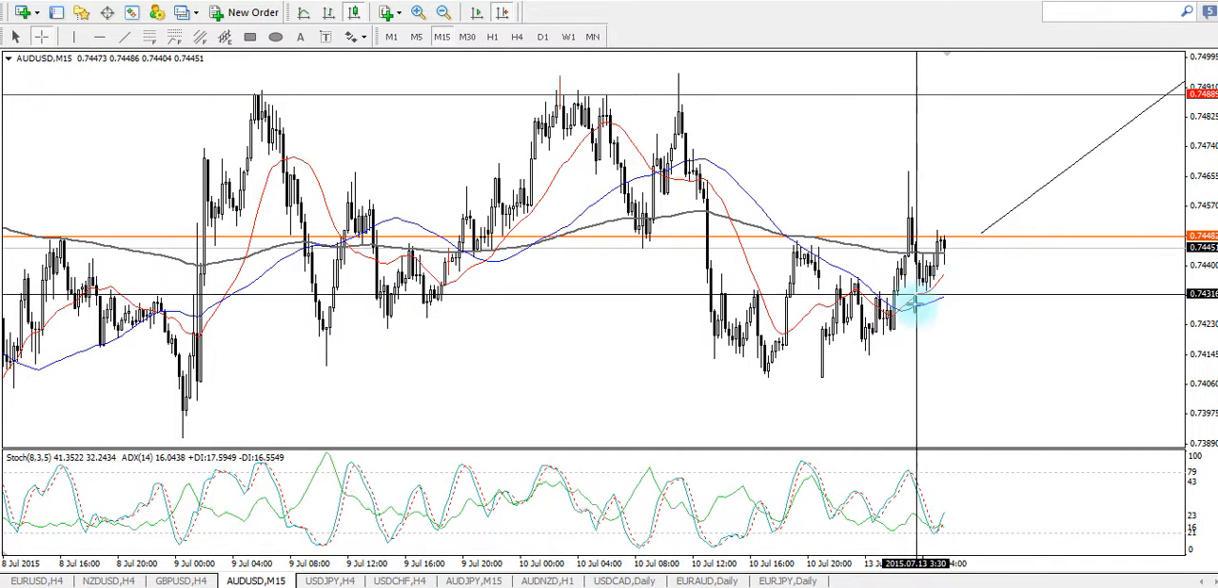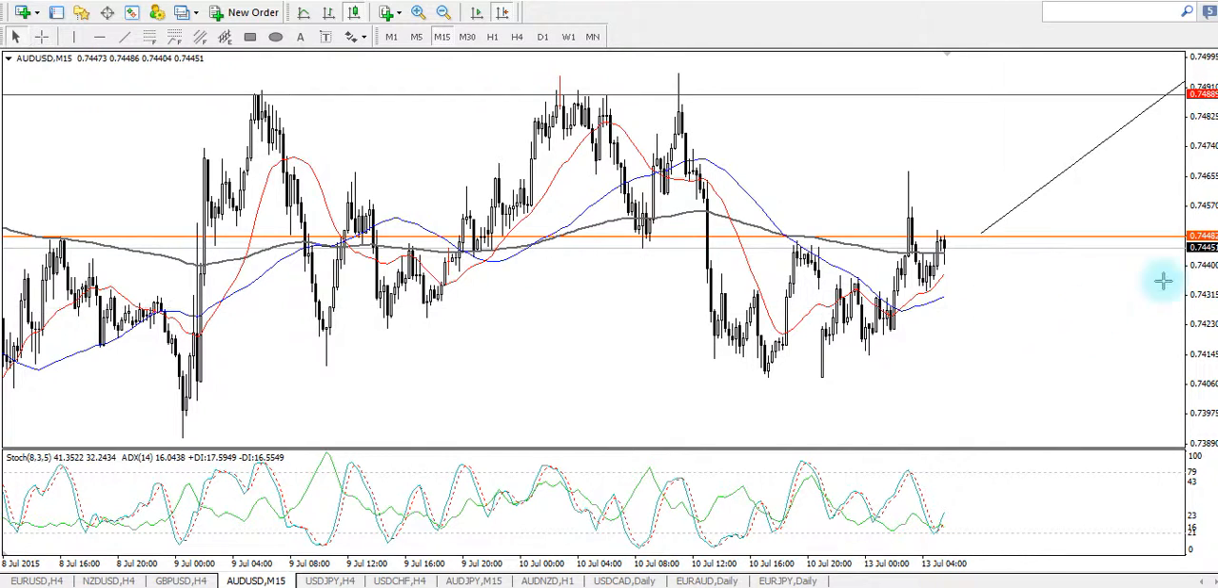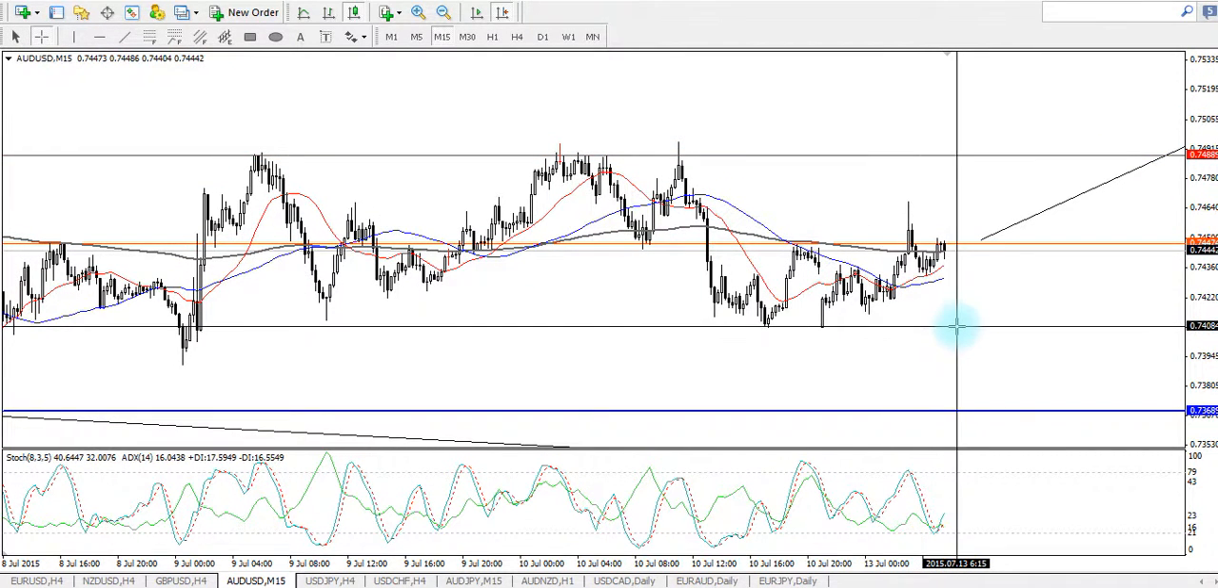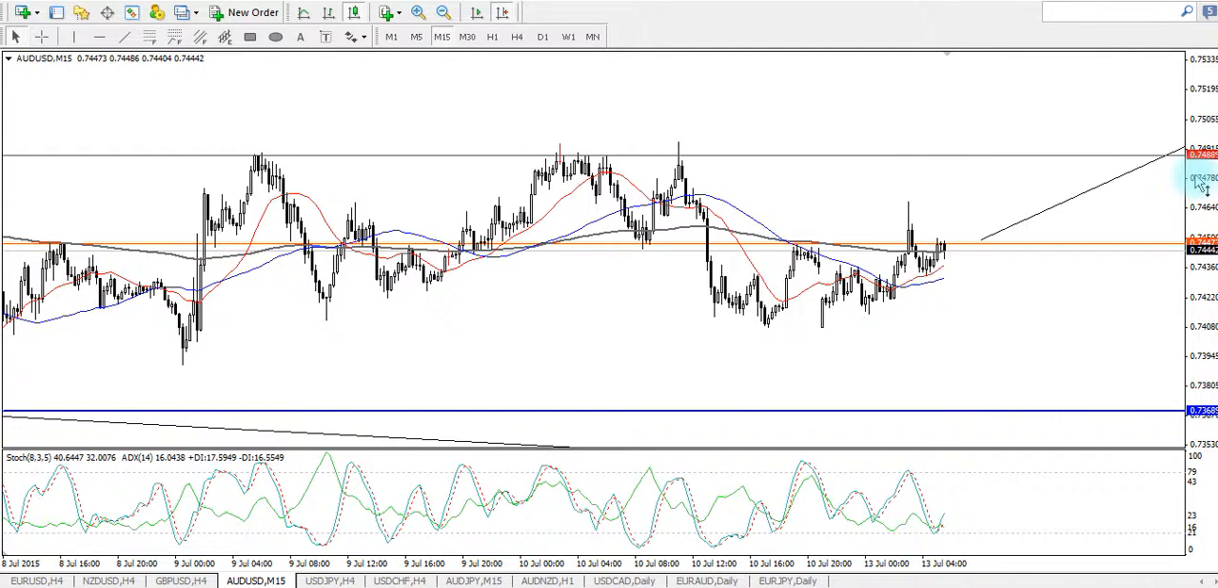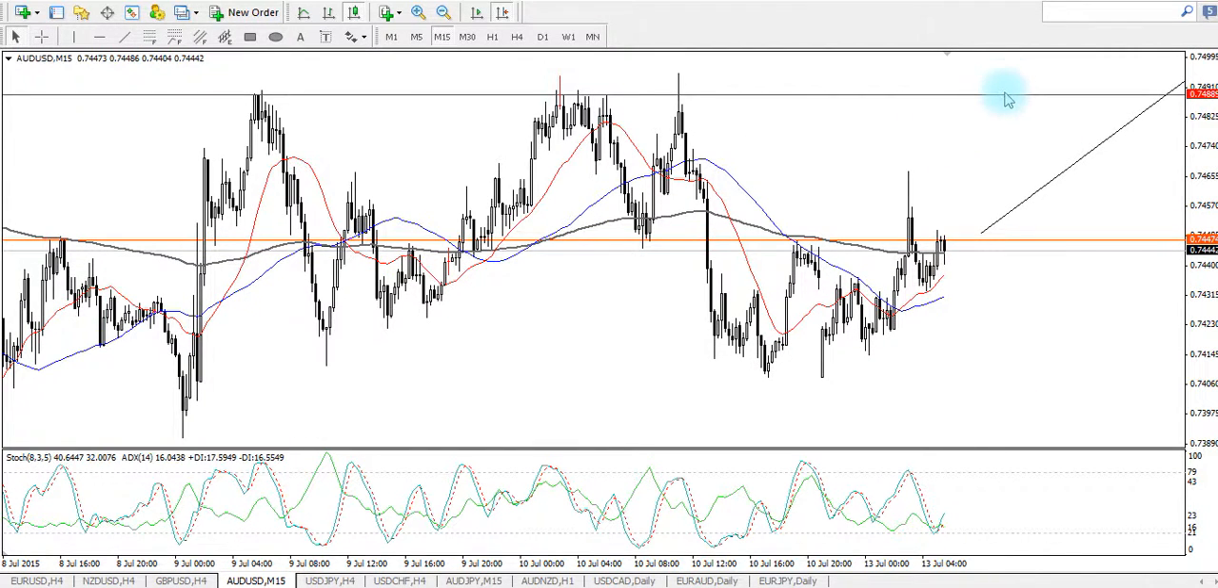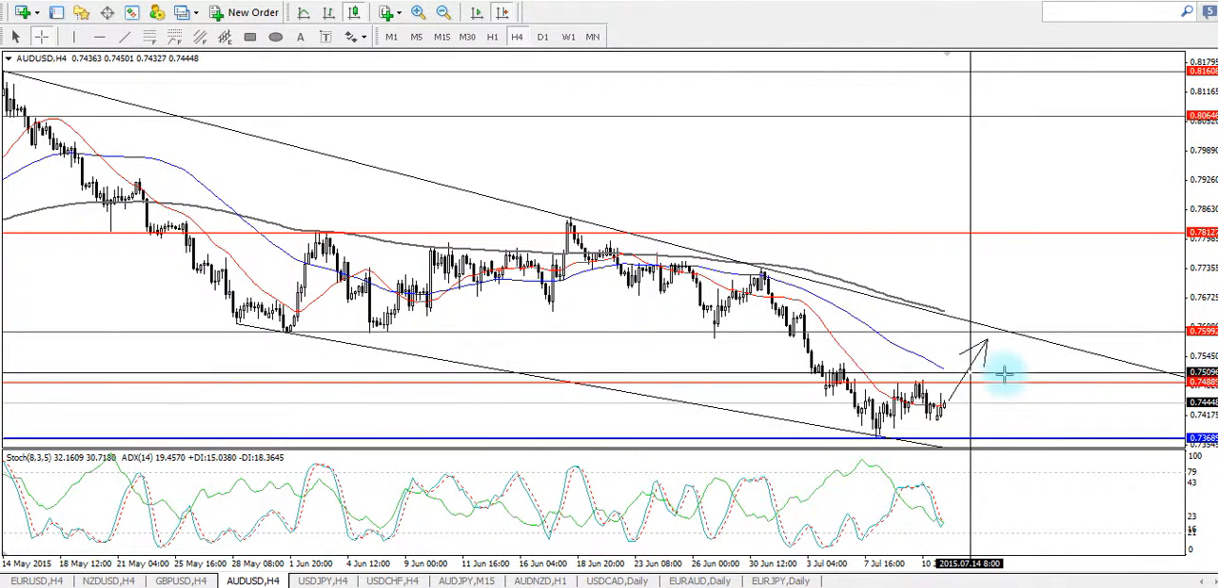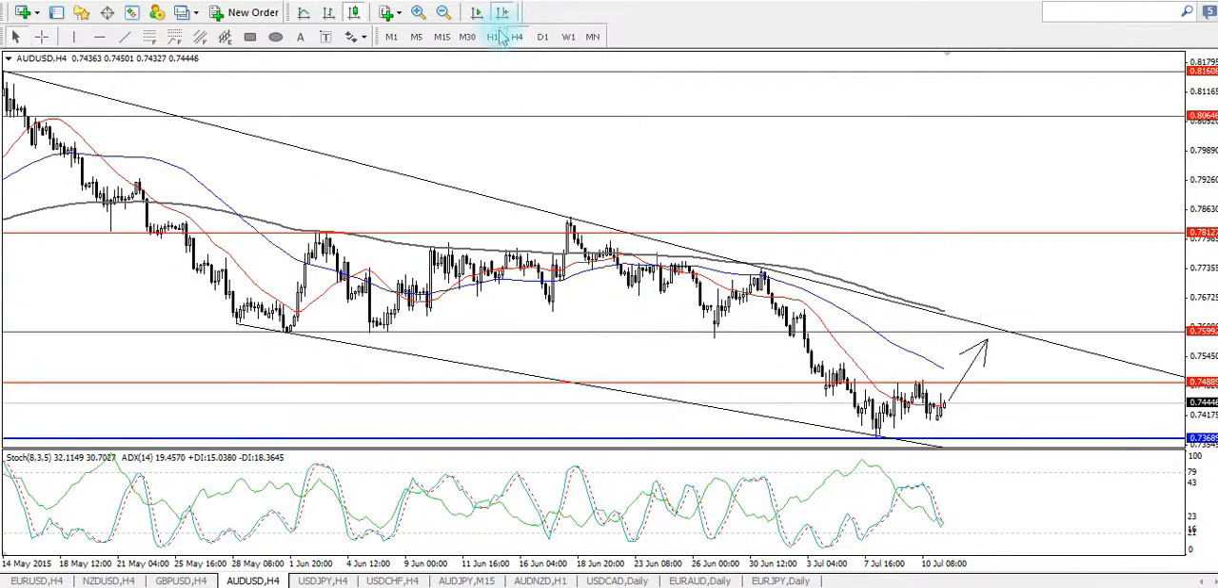And if you were to go for a long opportunity right here, you may want to set your stop loss somewhere at the price of 0.7381. First level of take profit will be a resistance level of 0.7488, and followed by let's see,